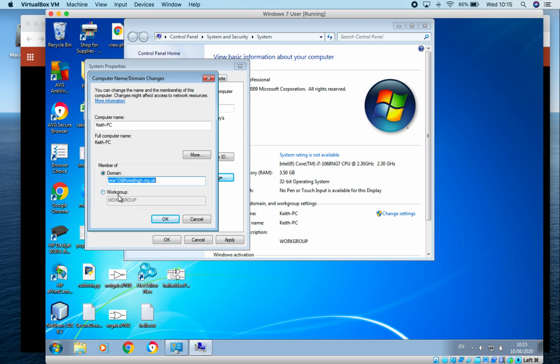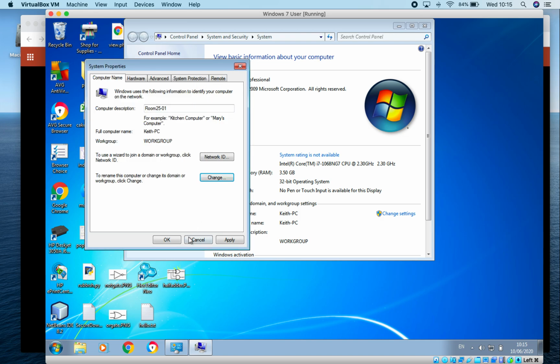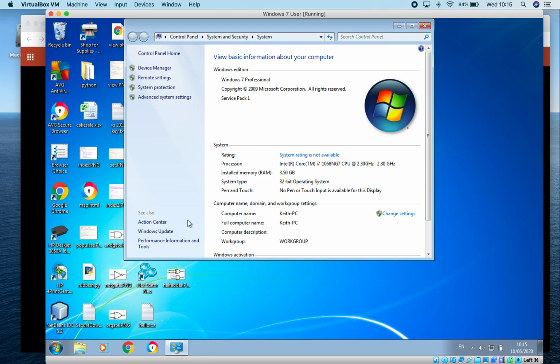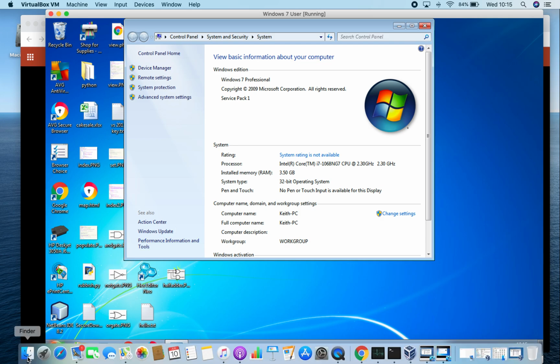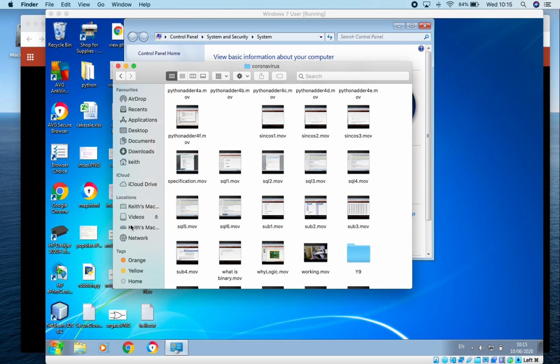So work group is peer-to-peer. This domain here is your client server. Windows 7 here is the client. What we saw where we were managing the usernames and passwords is the server. So let's go back to being part of the work group. Let's cancel that out. I'm on a Mac and I've got a folder on my Mac